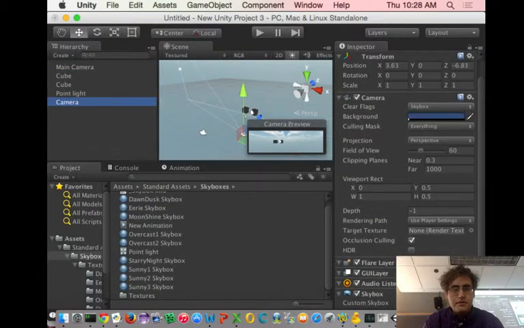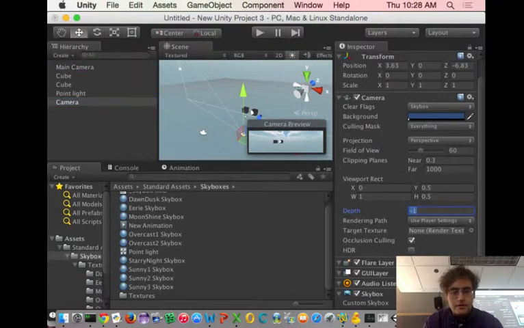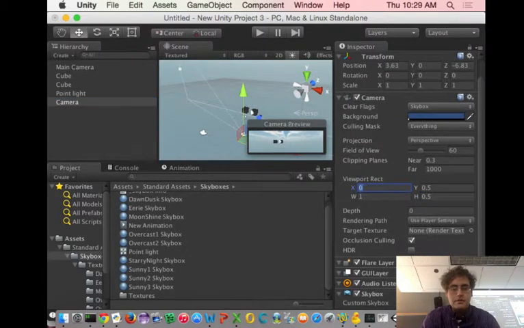If you want to do a picture-in-picture, the depth matters now. There's one that's going to be drawn in the background, and then one that's going to be drawn on top of the other one. So, main camera is going to be in the background. This camera is going to be in the foreground. Let's reset it here. 0, 0, 1, 1. And then this camera is going to go